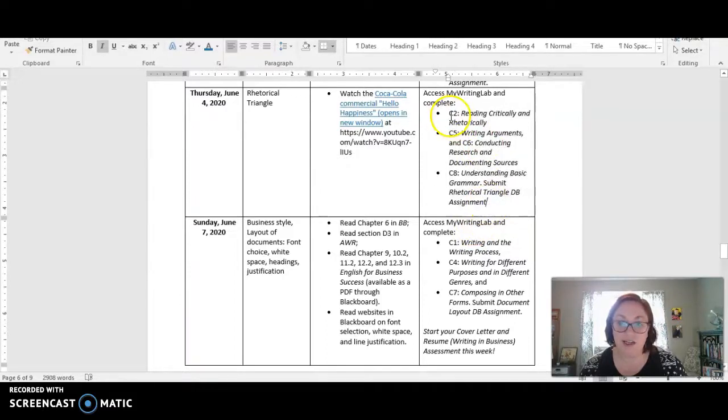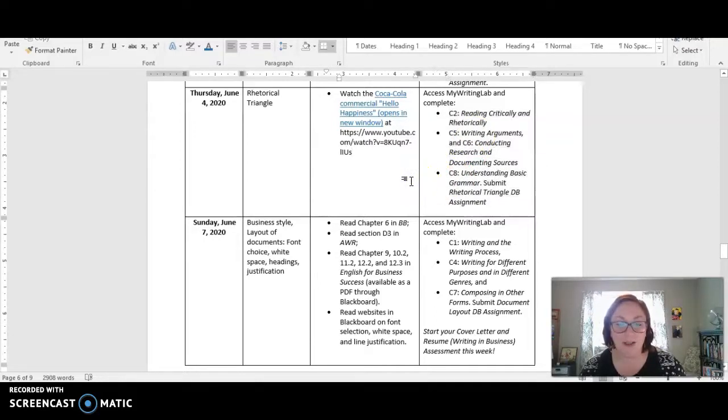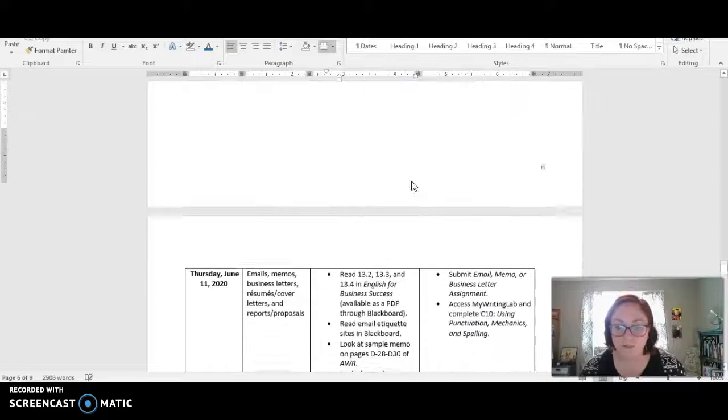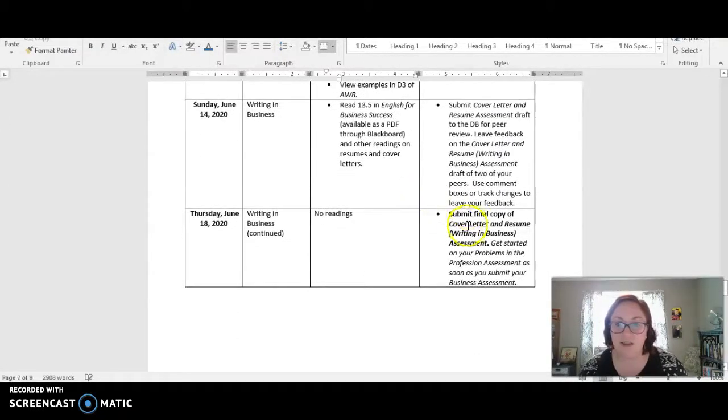So if you get a star saying complete, then you just check it off your list, which is one reason I recommend printing the syllabus, because I like to kind of physically check things off as I go. So if you're not typically someone who prints things and checks it off, try it this semester and see if that works for you. Your first major assignment in the class is going to be the cover letter and resume